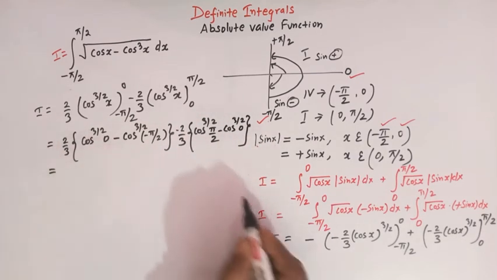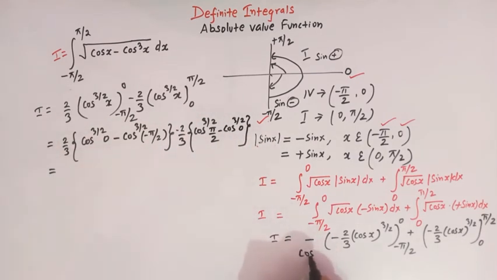And we know that cos 0 is 1 and cos pi by 2 is 0, right? And moreover, cos of minus pi by 2 is equal to cos pi by 2, that is equal to 0,